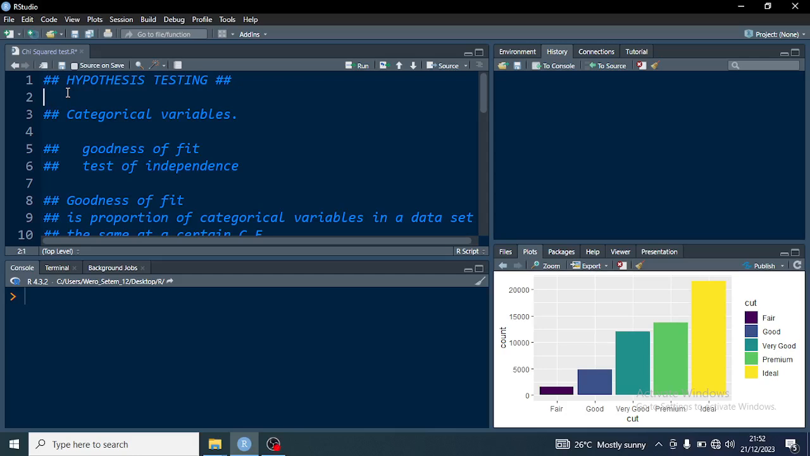Welcome to another session in a series of tutorials in R for data science. In today's session, we continue with our hypothesis testing, whereby we have looked at the chi-square and the z-test. So this is our last session in hypothesis testing, whereby we are looking at